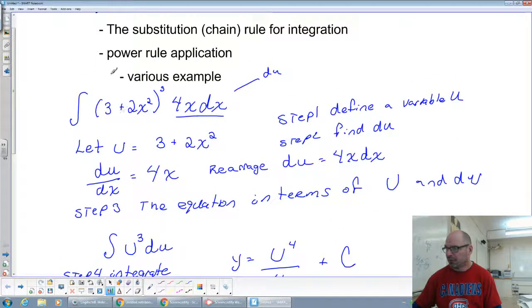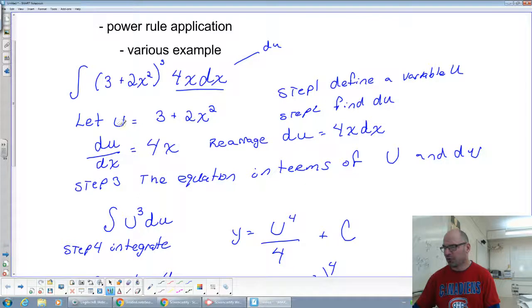Okay, using the power rule application, we have to take these ones here because it's raised to another power. We could expand the whole thing out and then just use regular differentiation, but it's easier to do a substitution for that particular one. So that was an example where we had a bracketed term raised to a power. And our second example,